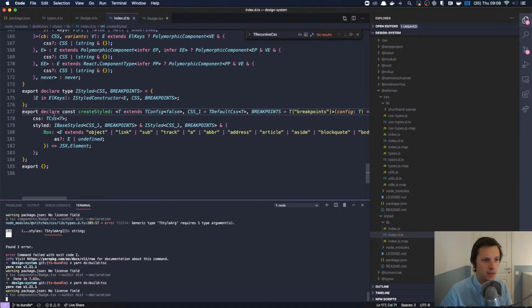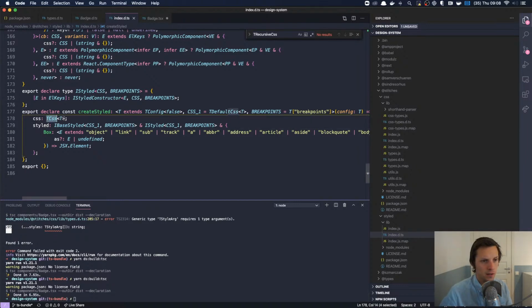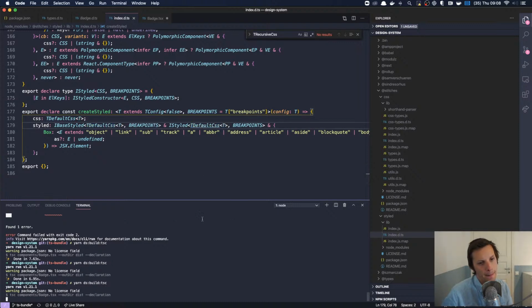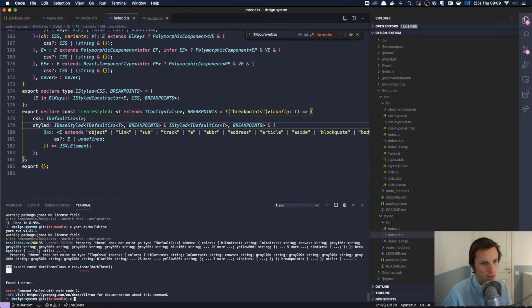Because here it is, the TCSS T, which might as well be T default CSS. So instead of having this generic thing here, let's try to do this, because that's what it really is. Does that make it better or does it make it worse?